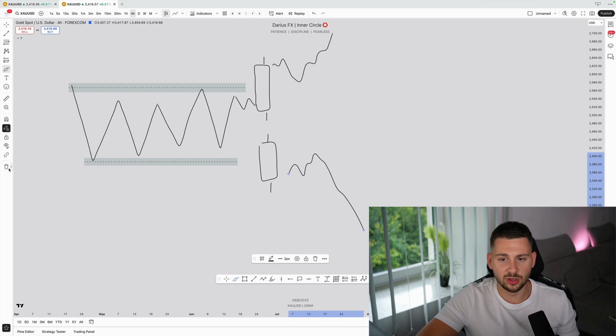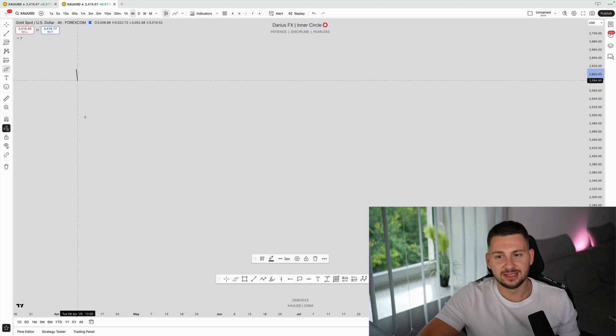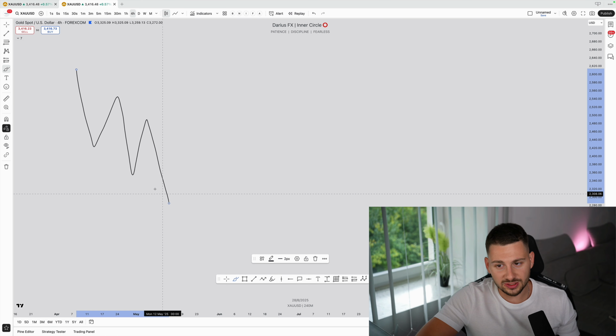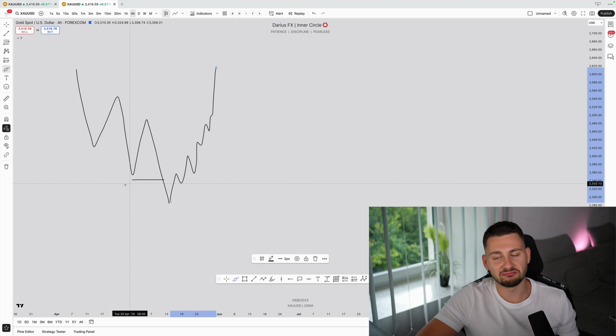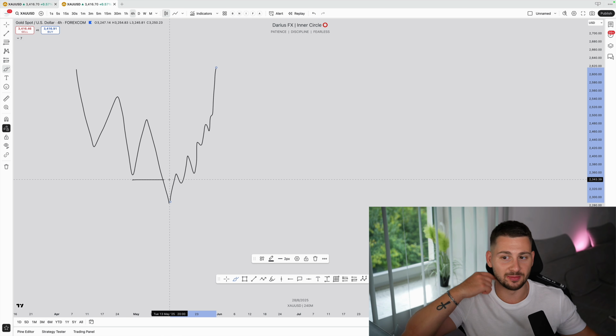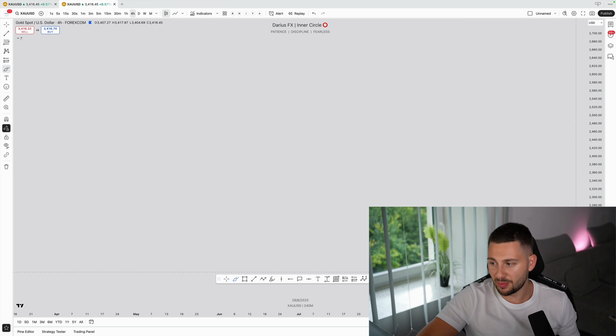The thing with BOS is that this is a tool, right? Most people will completely fail at it, because the expectation for most is once you have this breaking structure, their expectation is price is gonna drop. But what can happen as well is that exactly this is not gonna happen. It's gonna happen exactly the opposite. So people will think it's gonna drop lower, but it won't. And for this, well, we'll need another concept. So bear with me, guys.